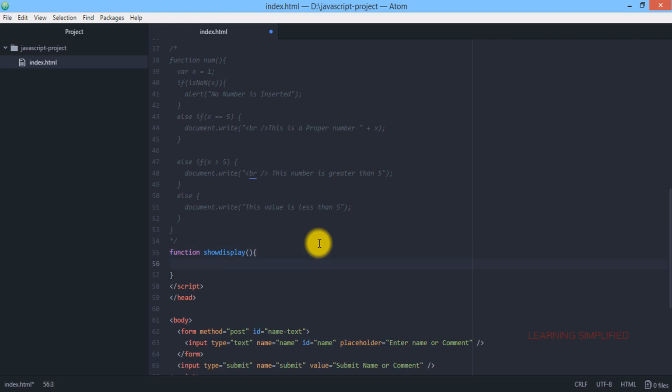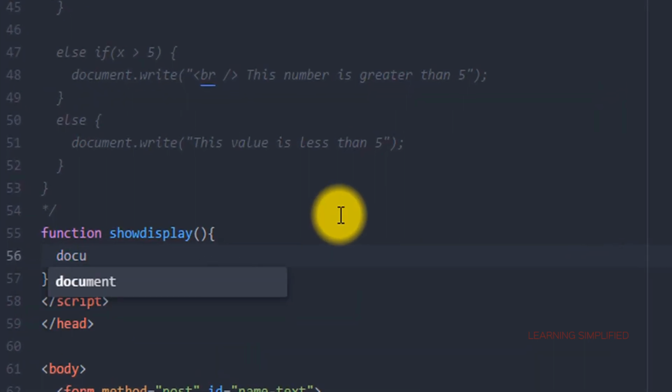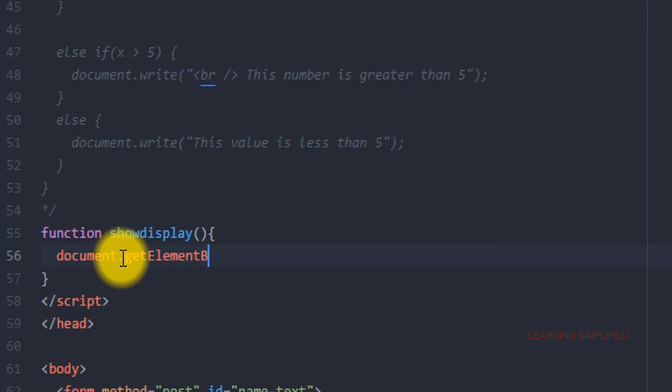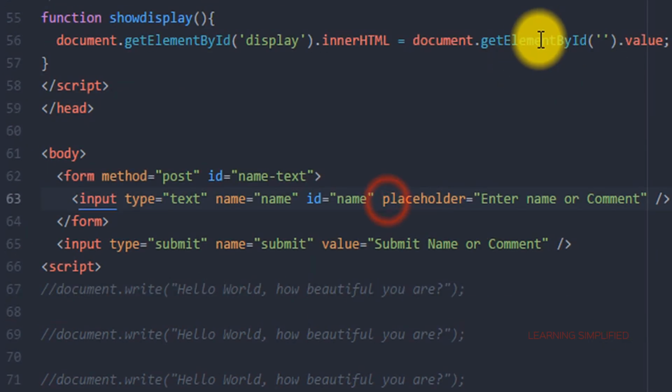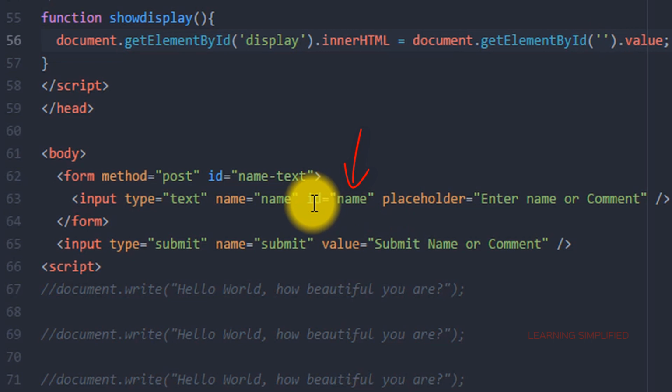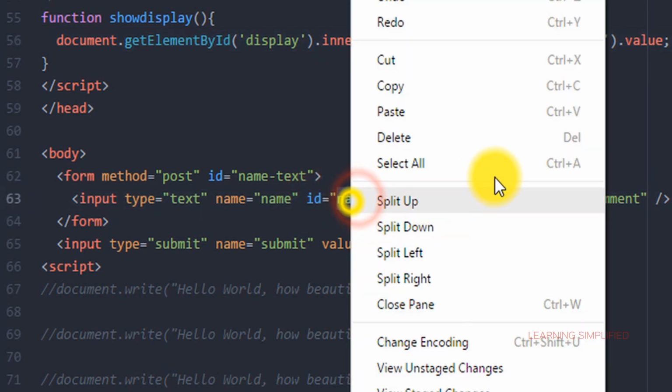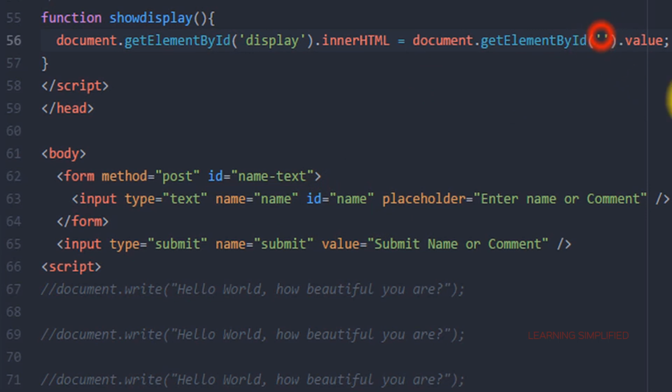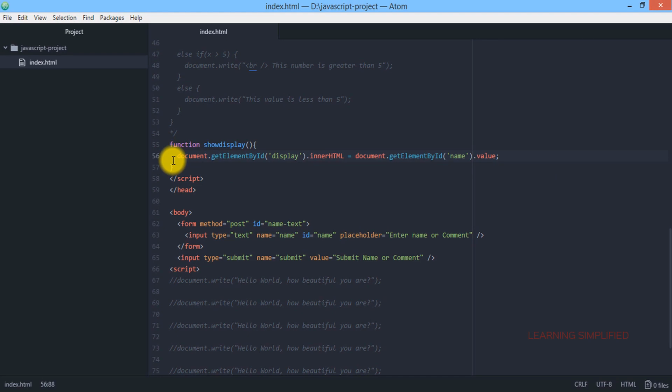Now inside this function we are defining a new instruction: get this element by ID, whichever has this particular ID name. So all we need to do is copy this ID name from here and place it over here.